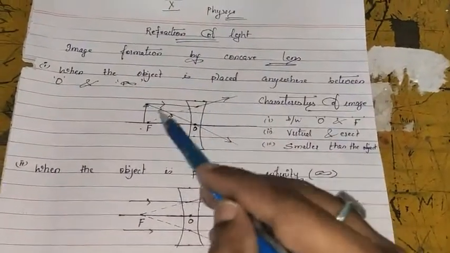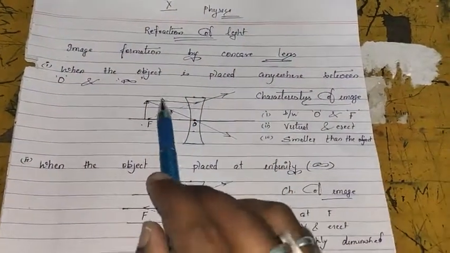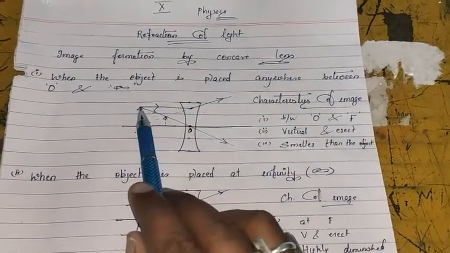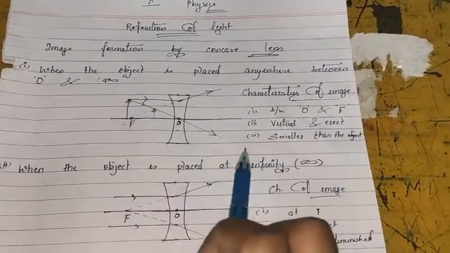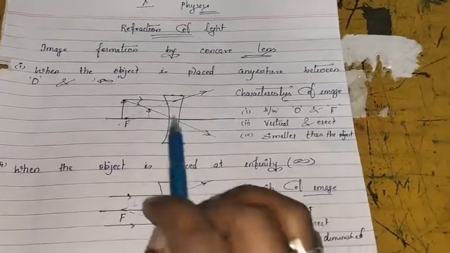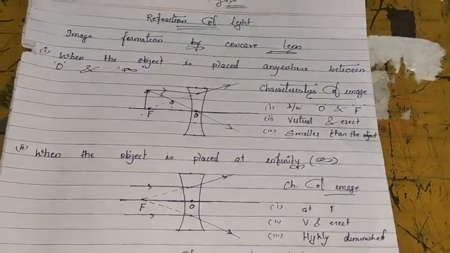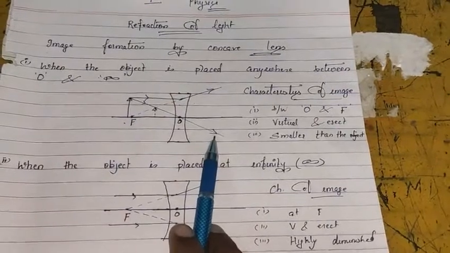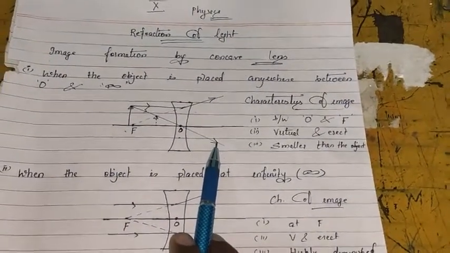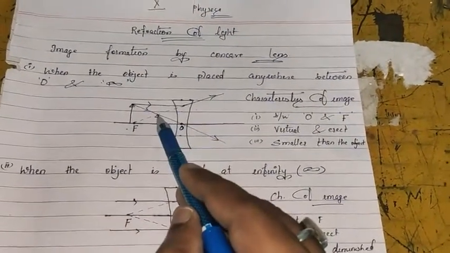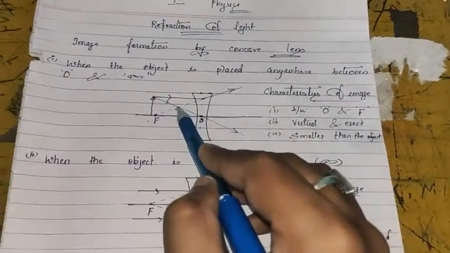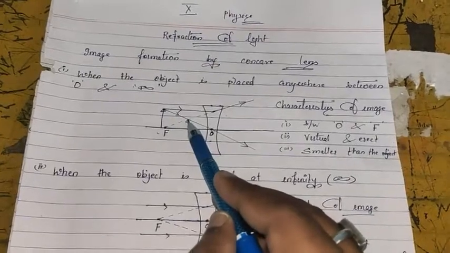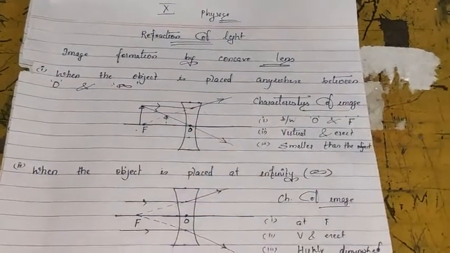So this is the first refracted ray, and when a ray of light is passing through optical center, then the rule is saying that it goes undeviated without any bending on the same straight line path. So this ray itself becomes a refracted ray. Now we will see that these 2 refracted rays appear to meet at this point itself, so the image is formed at this point.